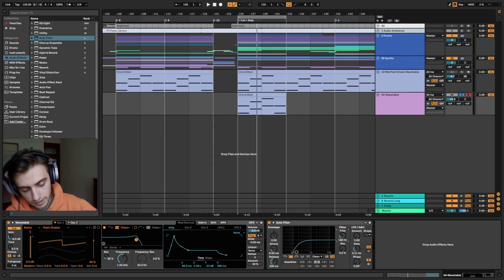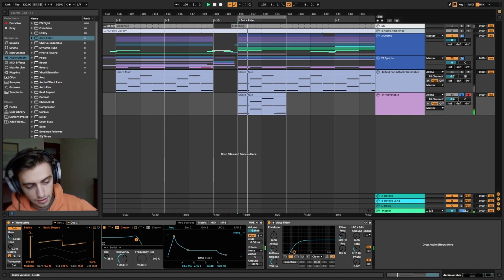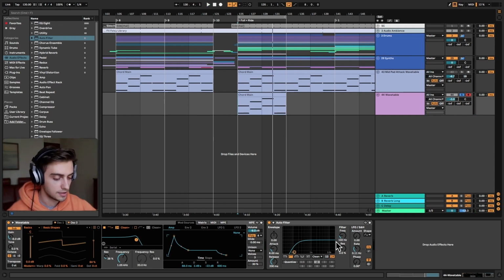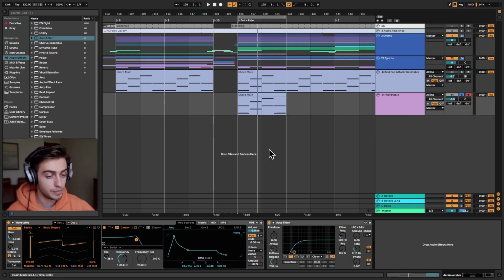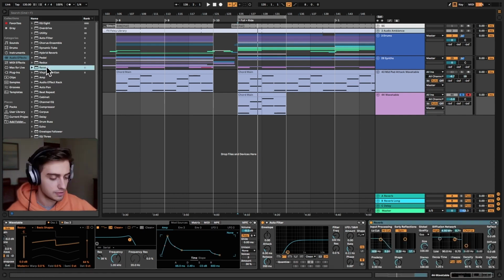Let's go down here and hear what it sounds like. Okay, so we are around 100 Hz and the sound immediately got much cleaner. We can A/B this sound now. And this is very useful because now our bass is not going to interfere with the low frequencies of this synth. The last thing, we can add a reverb, and we're just going to use the stock reverb from Ableton